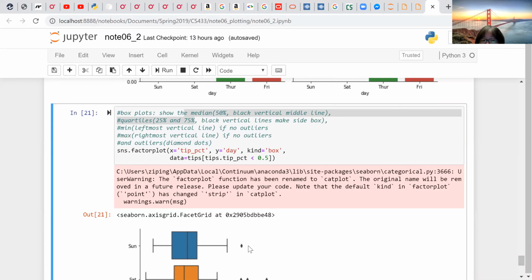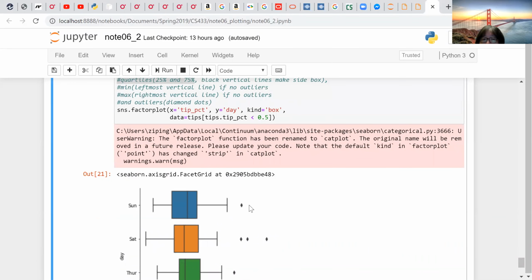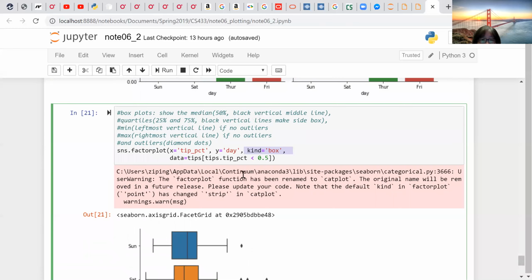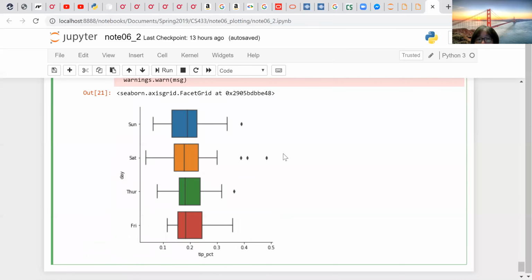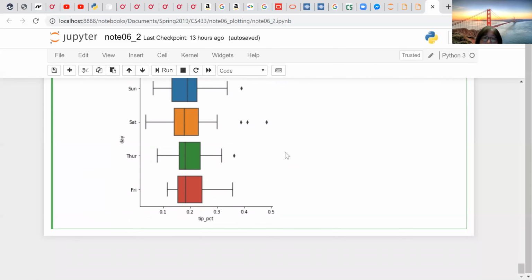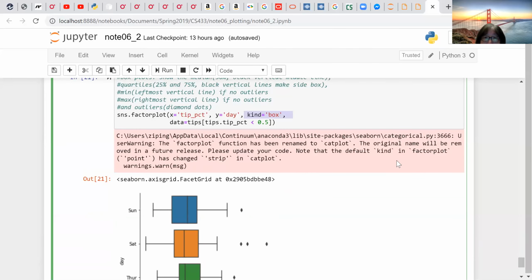And we also have outliers here, shown as diamond dots. So this is the other type, the box, not the bar. So with Seaborn's factor plot, you can also specify the box illustration. Basically, that's all for the remaining part of our plotting. The second very important package that we learned today